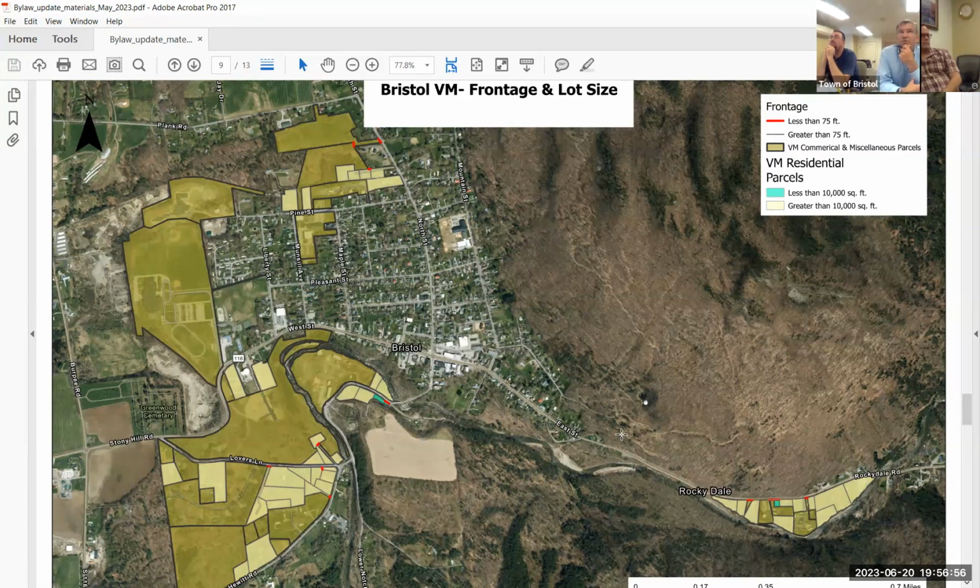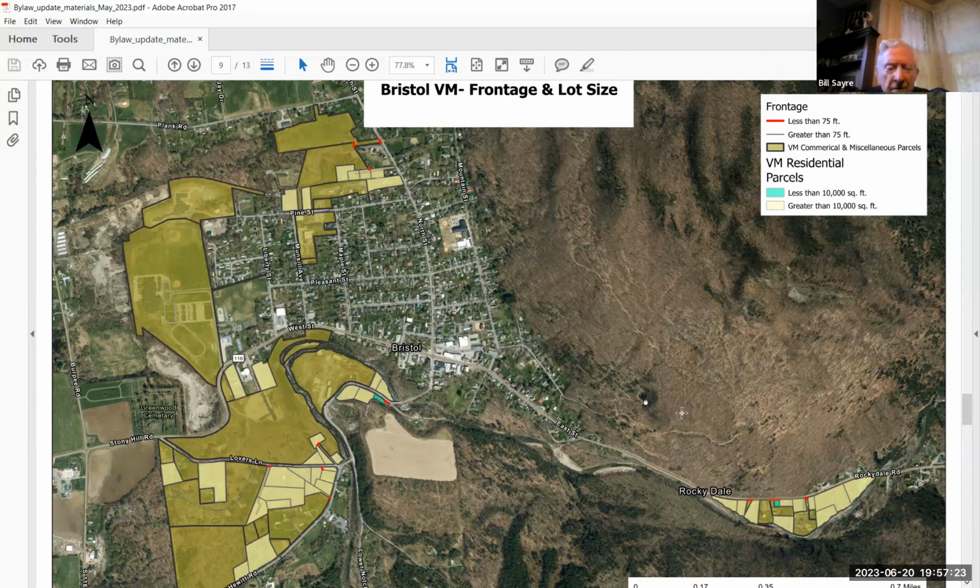No, it'd be applied to the entire district. This is just showing what's currently used as residential versus commercial or miscellaneous, like the high school and landfill, or previous landfill, which fall under miscellaneous.